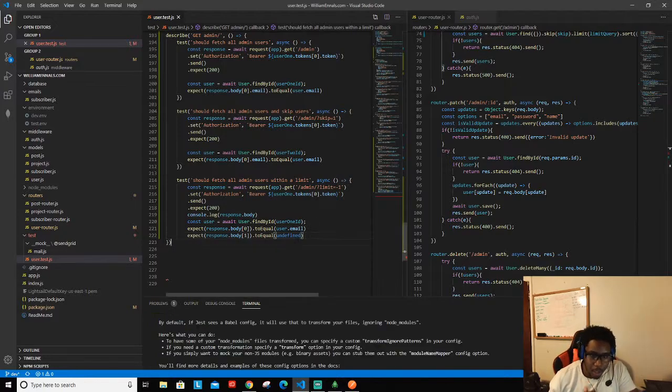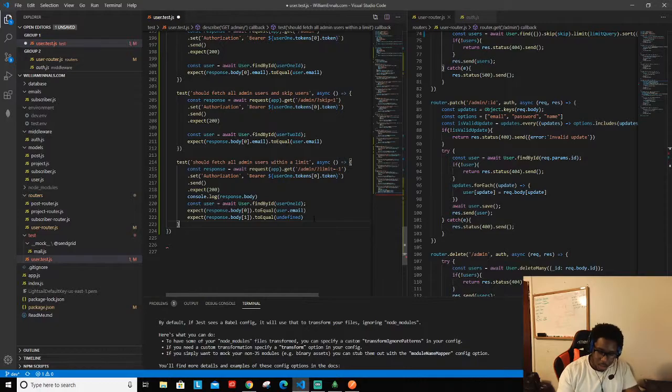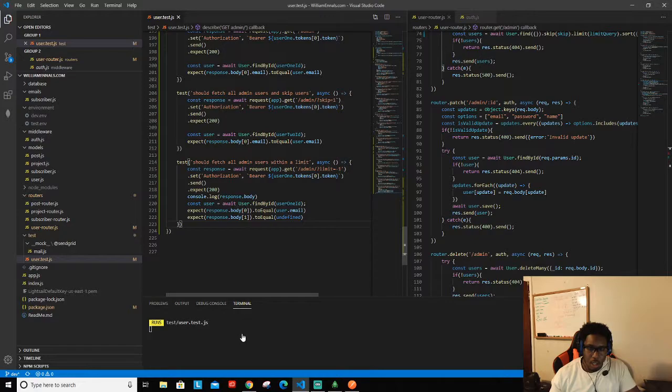So now I want to look at my file extensions to make sure there's nothing wrong here. Seems like there's an error in here, and I think it's the fact that I didn't close out this test. There we go. I didn't have the right wrappers on it. So the last test should